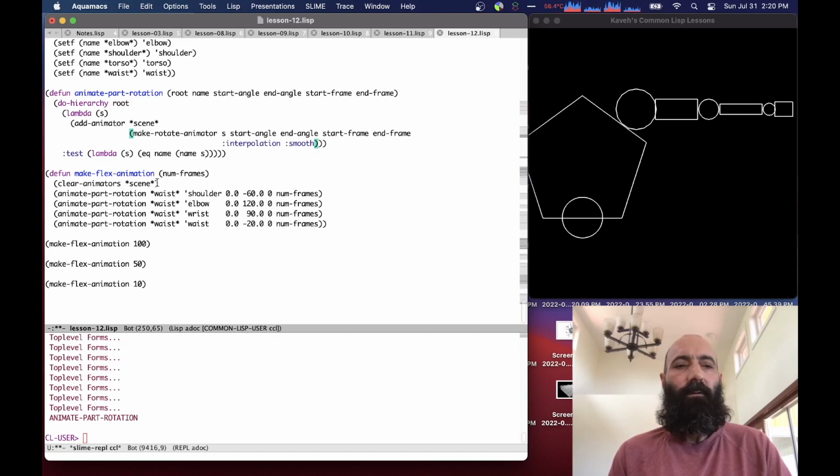Clear the animators, and basically add the animators. This is the root node of the hierarchy. So the object shoulder goes from 0 to minus 60 degrees. Elbow goes from 0 to 120 degrees. Wrist goes from 0 to 90 degrees. And waist goes from 0 to minus 20 degrees. So we create this function. And now, if we basically say we want this animation over 100 frames, we run this,